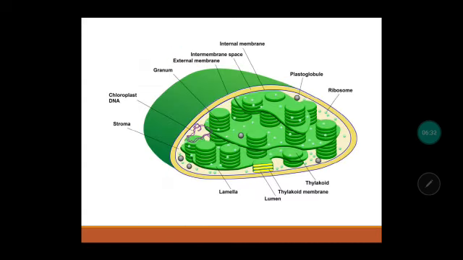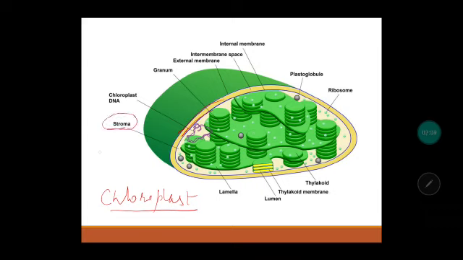Now let us look at the structure of an important plastid, that is chloroplast. You will see certain similarities in the structure of mitochondria and chloroplast. Let us look at it. See, mitochondria also contain two membranes. Chloroplast also contains two membranes, outer membrane and inner membrane. You can see, yes. Now inside this chloroplast, there is cytoplasm present, and that cytoplasm is called as